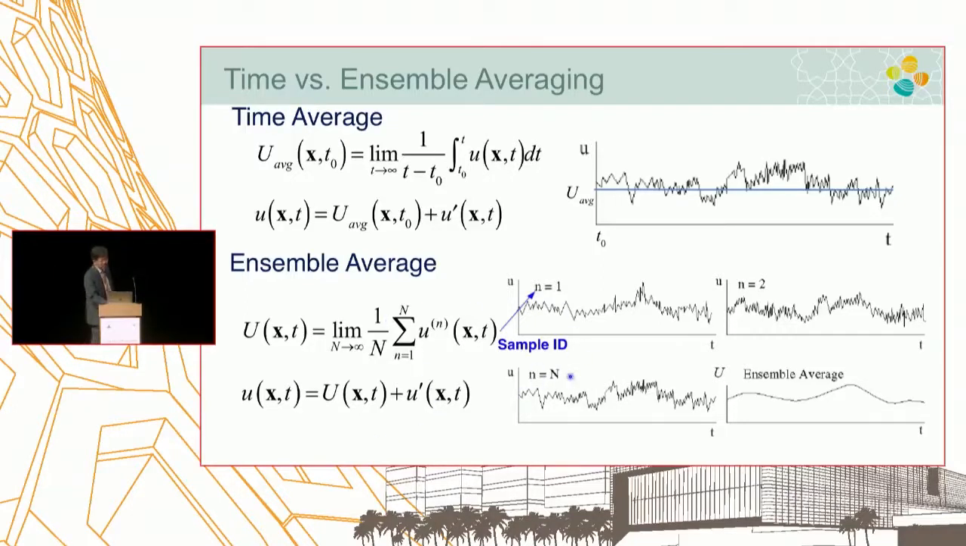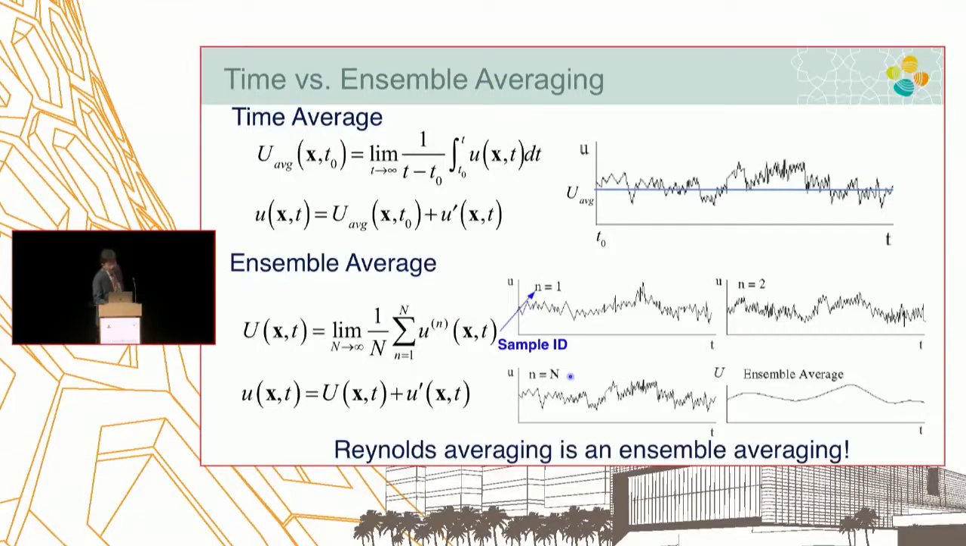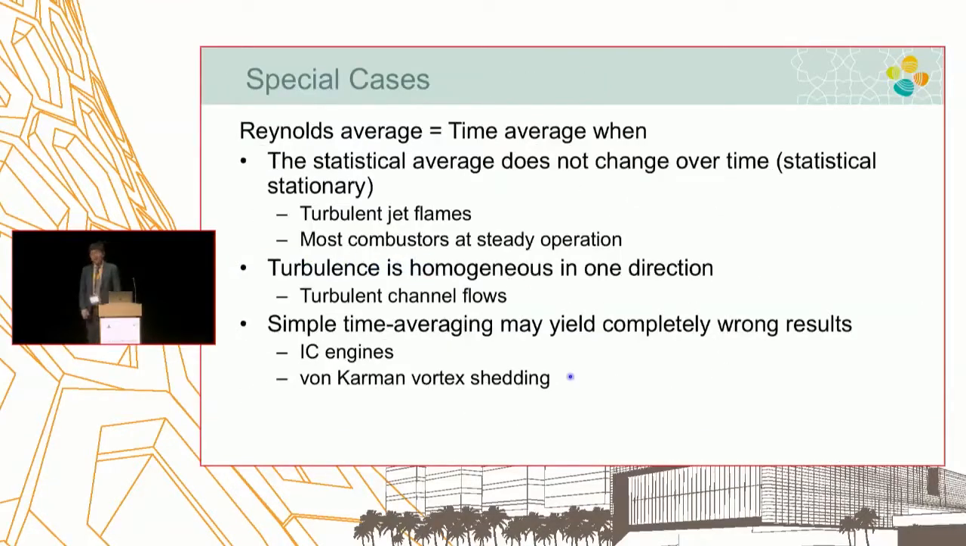That's what's shown here. Of course, that ensemble averaging becomes time averaging under a special condition, which is when the statistical average quantity doesn't change over time. So for example, in